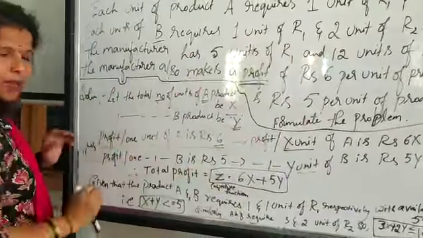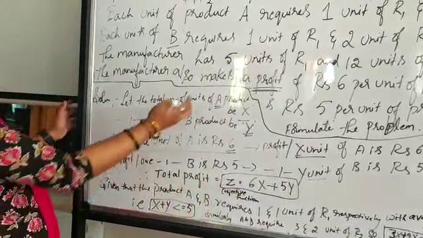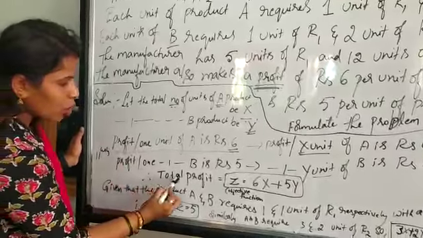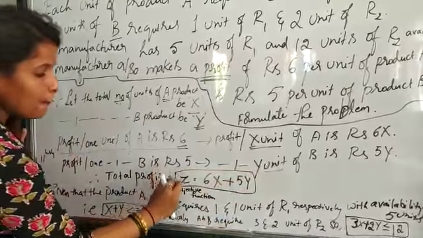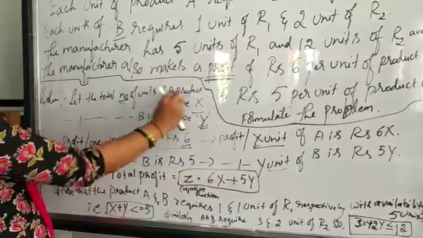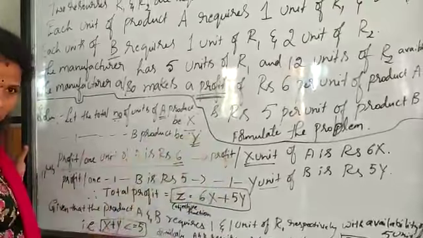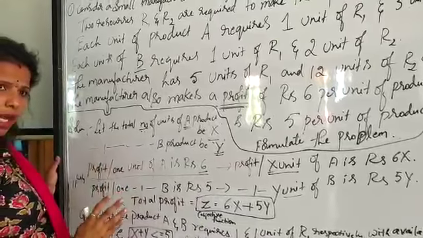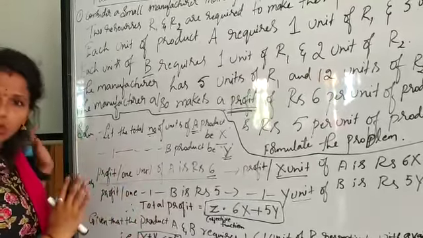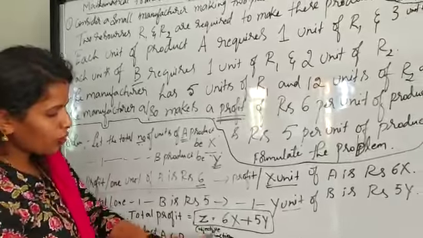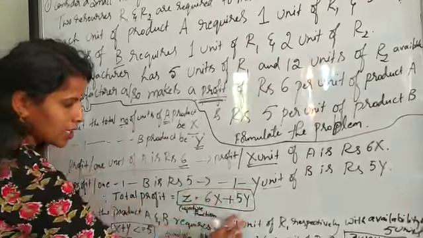I am putting the same thing in the objective function. What is the objective function? The profit, because they have given the total profit. Therefore, the total profit is equal to, in the box I have written, please make it very clear. You have to specify how you got this 6x plus 5y. You can write it directly, but each step carries marks. So the objective function is Z equals 6x plus 5y.